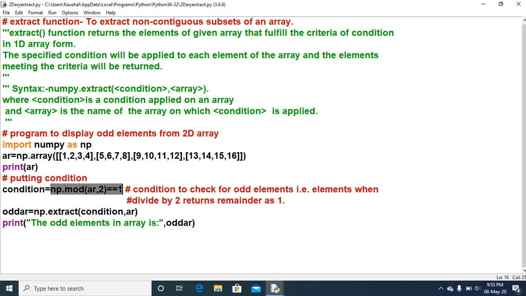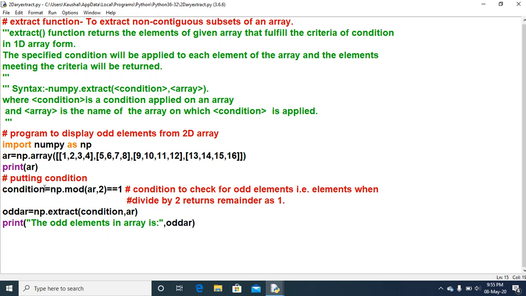It may result in either a true or false value for each of the values stored in the 2D array. As a comment line it will be clearer: the condition to check for odd elements, that is, elements which when divided by 2 return remainder 1.